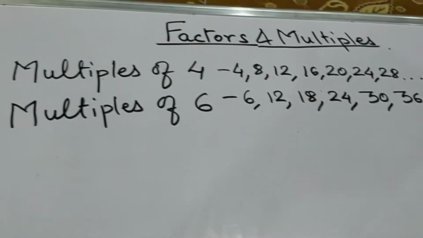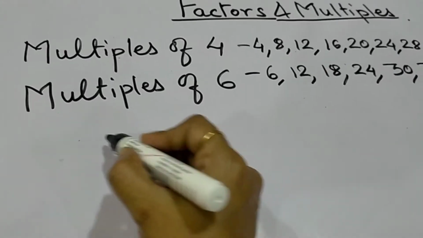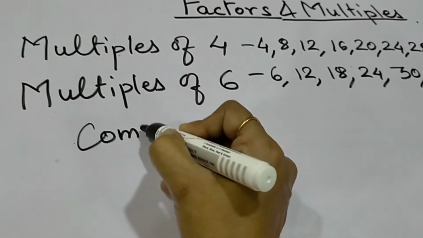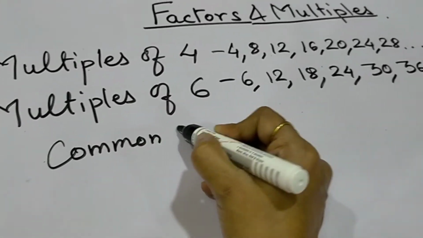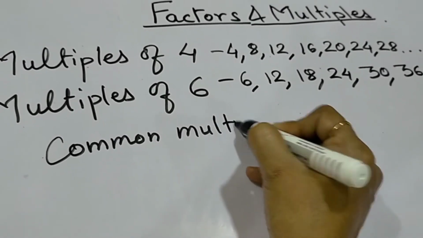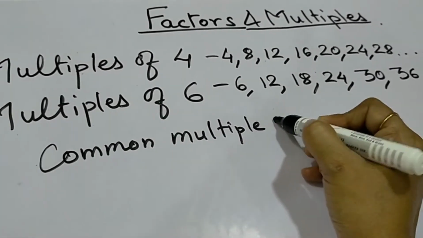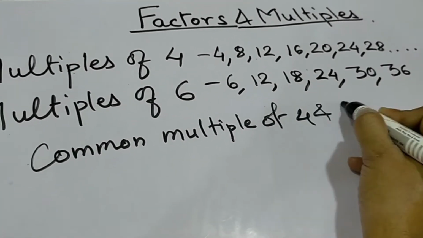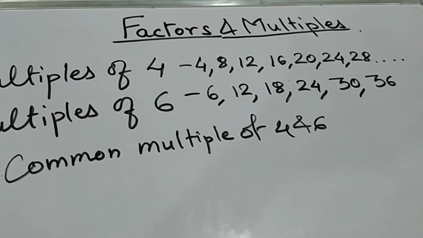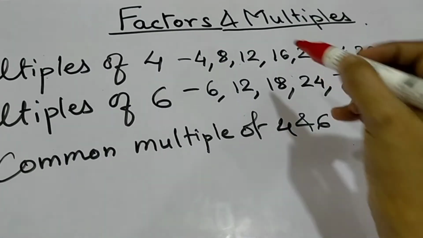Multiples of 6 means 6 का टेबल, 6 1s are 6, 6 2s are 12. Suppose I say find the common multiple of 4 and 6. Common multiple of 4 and 6, जो दोनों में आ रहे हैं. So 12,